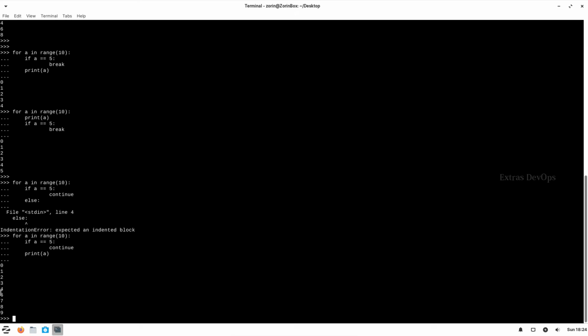So here while printing, the number 5 is skipped and all other elements after that are printed. So continue is used to skip a particular iteration in a loop.